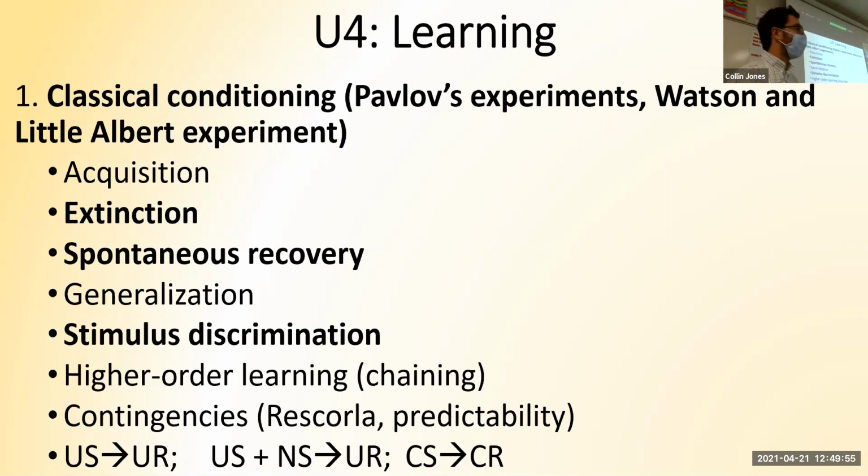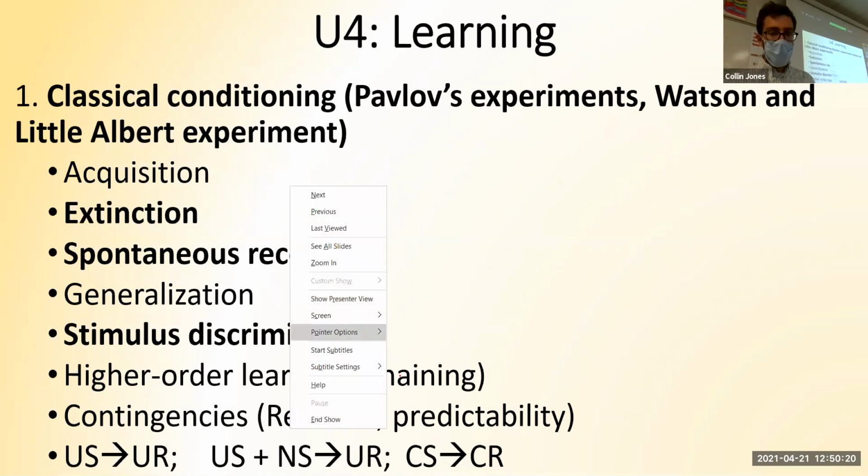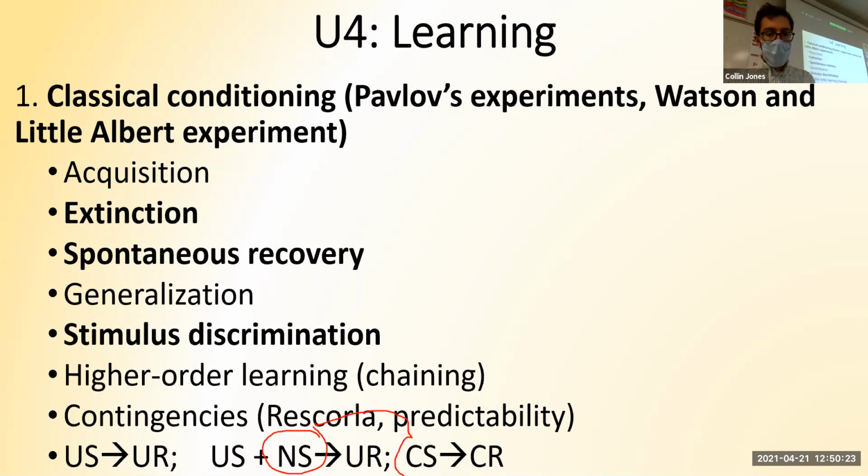I got some random letters at the bottom of the screen. What does this mean? US leads to UR. The unconditioned stimulus automatically causes an unconditioned response. If we want learning to happen, we pair the unconditioned stimulus with a, what's the NS stand for? With a neutral stimulus, something like a bell or a light that didn't mean anything. And if we keep pairing it with the US, eventually that neutral stimulus will become a what? Conditioned stimulus. Conditioning is learning. So this means that you will eventually learn to have a conditioned, a learned response to the thing that used to be neutral. That's when learning has happened.